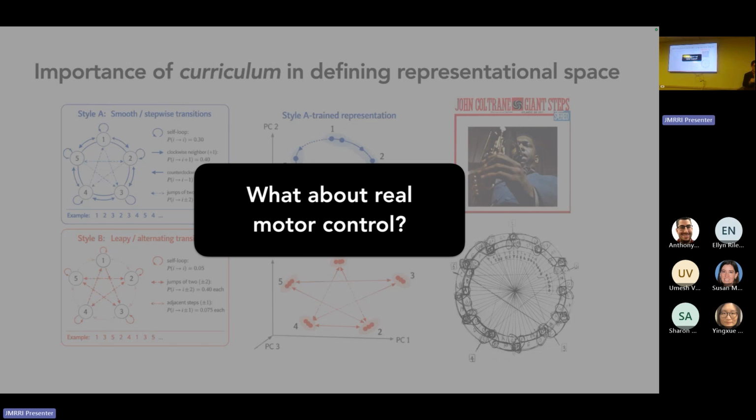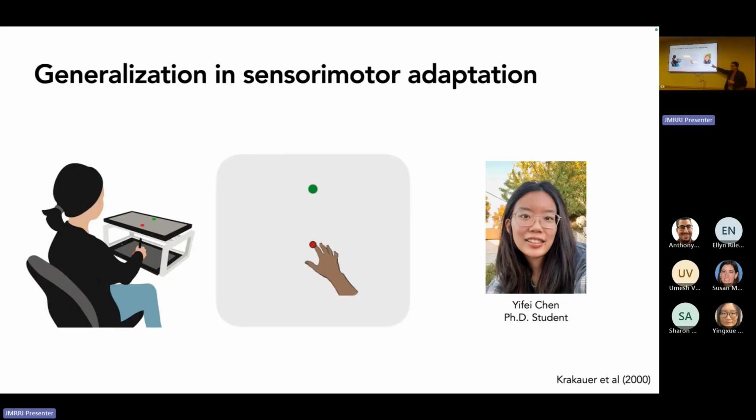So my graduate student, Ipe, also a talented graduate student, made a little video here, doing a sensory motor adaptation test. In a sensory motor adaptation test, a reaching test, using your mouse cursor, you see a target presented on the screen. They're trying to bring this cursor to the target. They can't see their hand. It's underneath this tablet here.